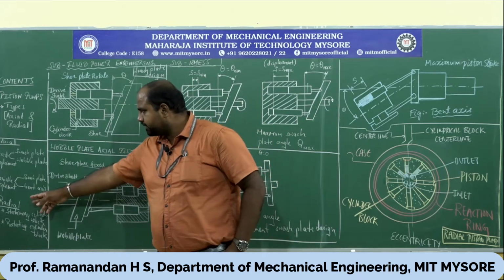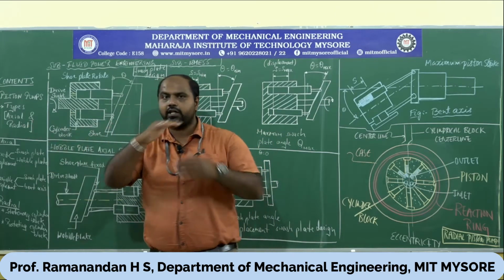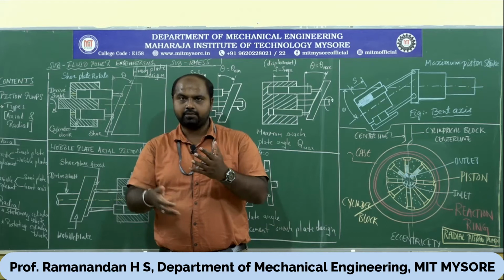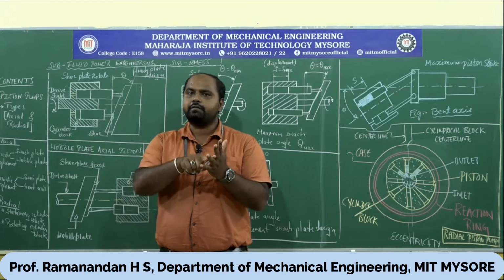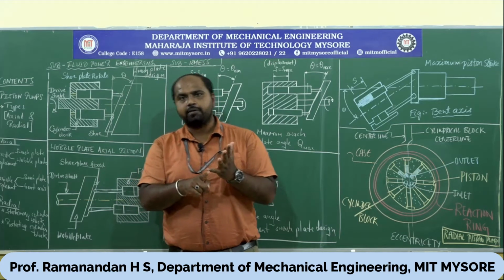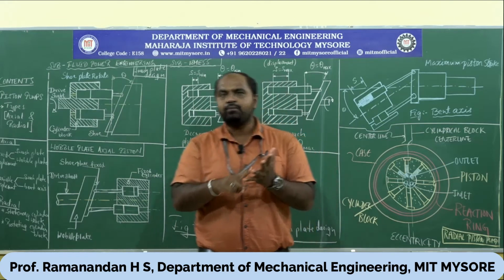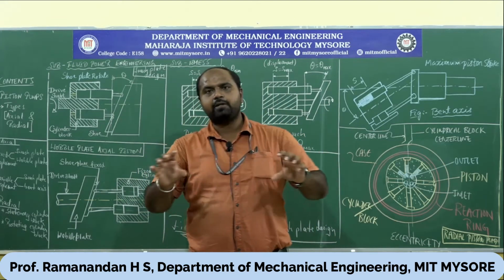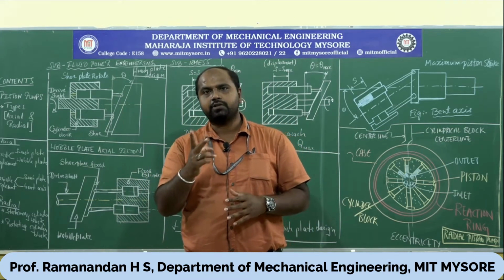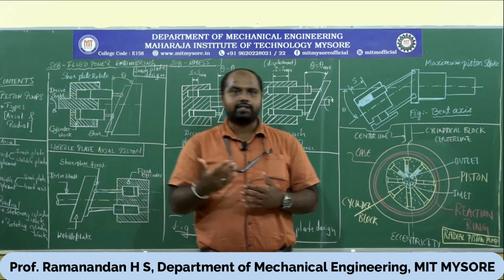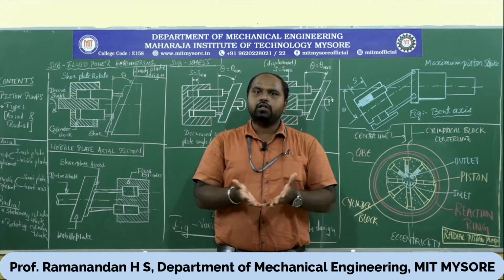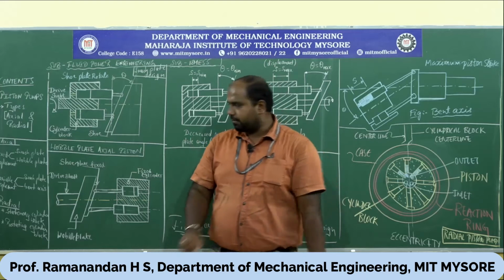So next comes the second type. These are under axial piston pumps. Under axial you have fixed and variable displacement. Under the fixed type you have swash plate and oval plate. Under variable displacement you have two types, swash plate and bent axis design. So these are all collectively under axial piston pumps.